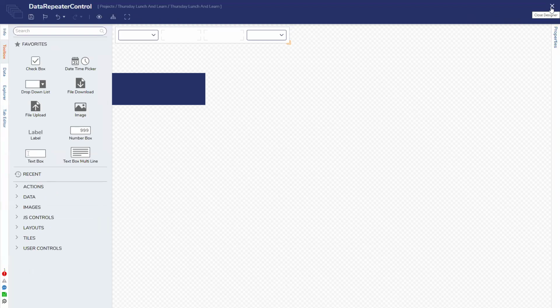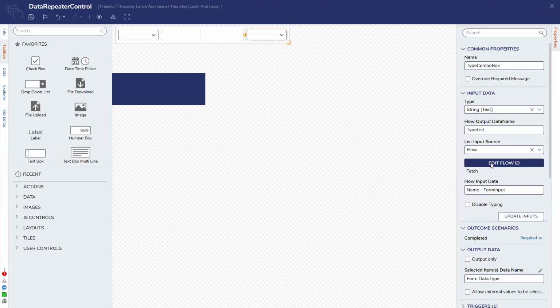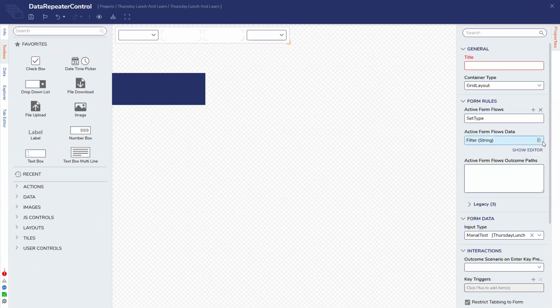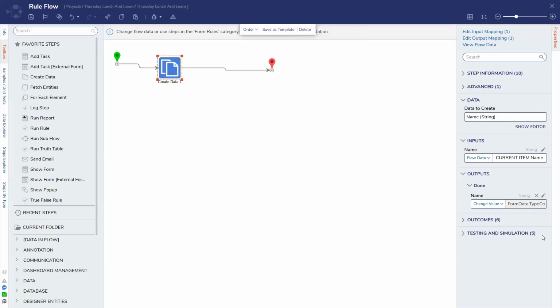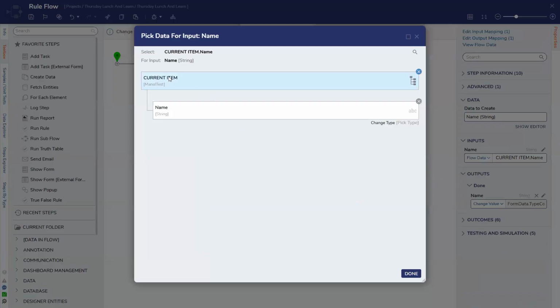I wasn't using a form control to set it, or a form rule variable. So in here, in the active form flow, we have the combo box, which updates it, right? So the changing of this combo box makes this run. The active form flow runs, and then it would change the output to whatever the name is of the current